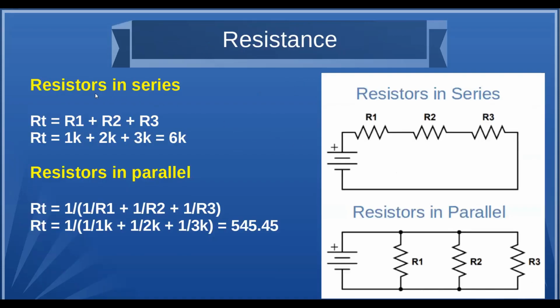Okay, if we have resistors in series, because they're easier to deal with, then we just add them up. The total resistance is going to be equal in this circuit to R1 plus R2 plus R3. If I substitute values, 1K plus 2K plus 3K is 6K. Just simple arithmetic. If I put them in parallel, however, here comes the old reciprocal. If I have those three resistors in parallel, I have to take the reciprocal of the sum of the reciprocals. So if I substitute, I get 1 over 1K, 1 over 2K, 1 over 3K, which would wind up being 1 over 6K,